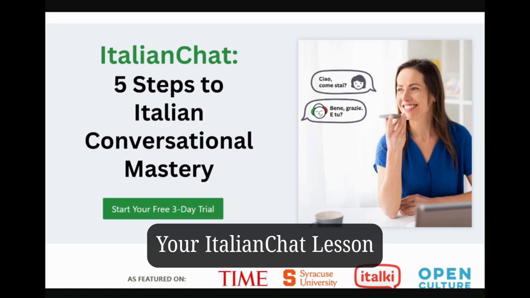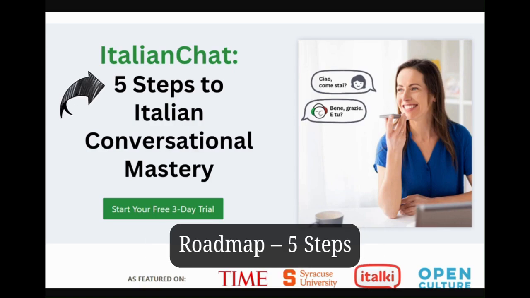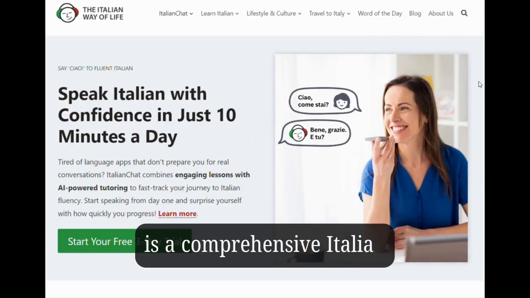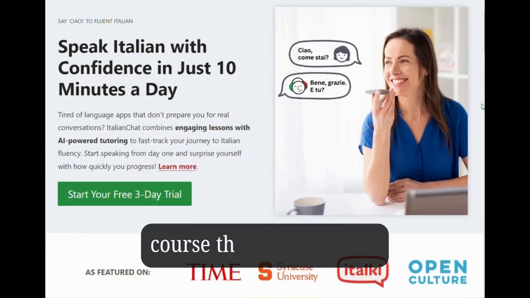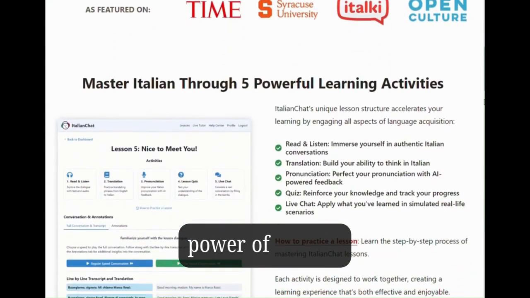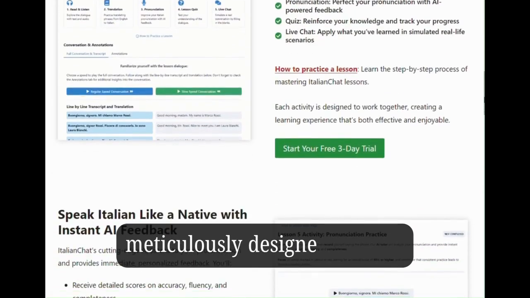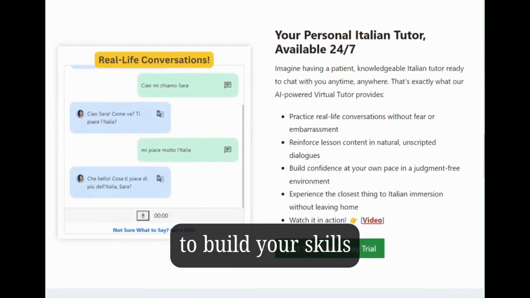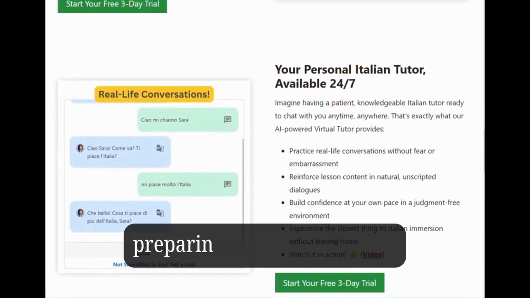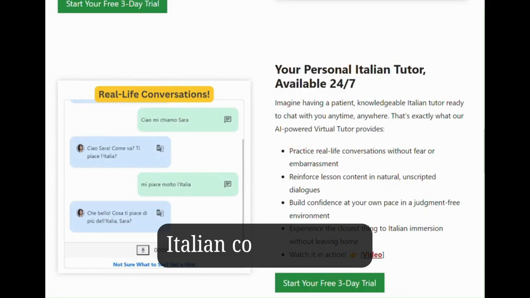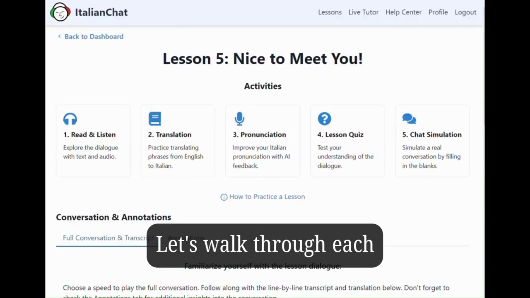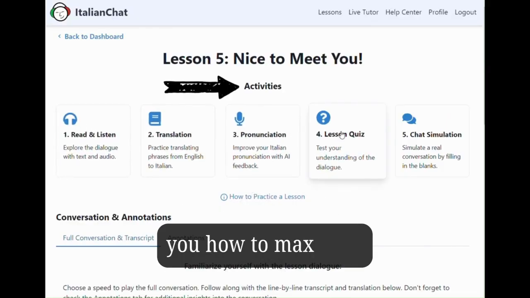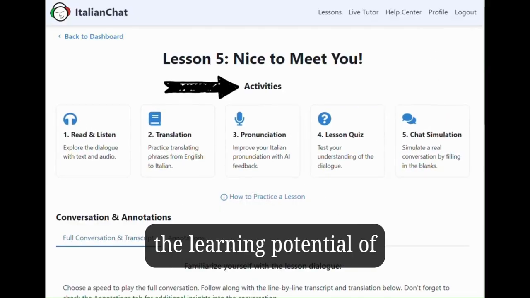Your Italian Chat Lesson Roadmap: 5 Steps to Conversational Mastery. Italian Chat is a comprehensive Italian conversation course that combines the power of AI with meticulously designed lessons. Each activity is crafted to build your skills from the ground up, preparing you for real-world Italian conversations. Let's walk through each activity in an Italian Chat lesson, showing you how to maximize the learning potential of your